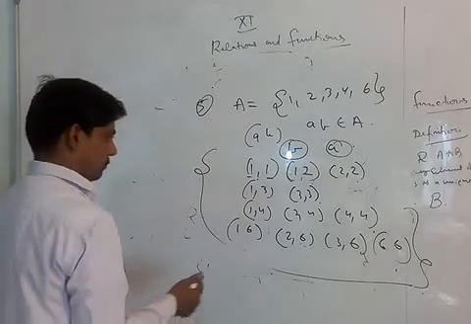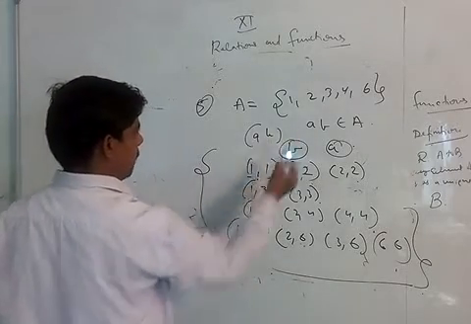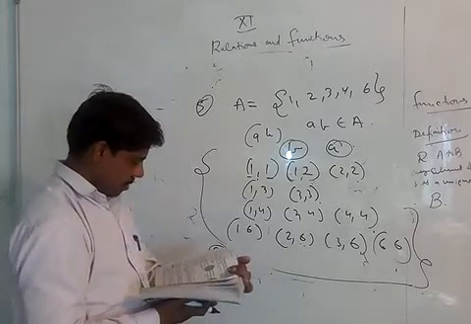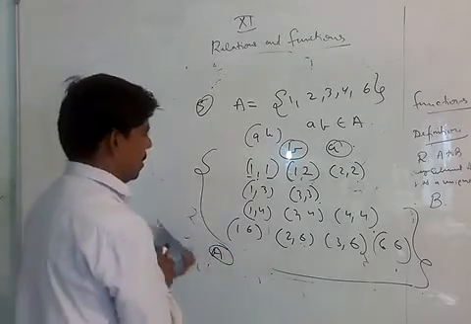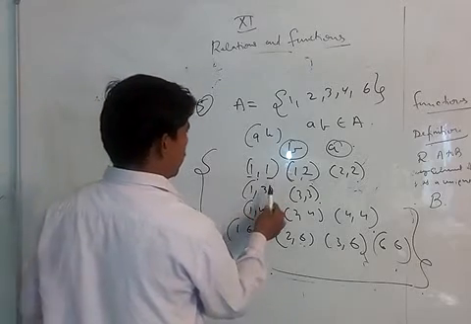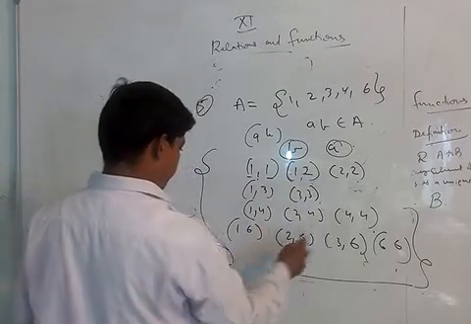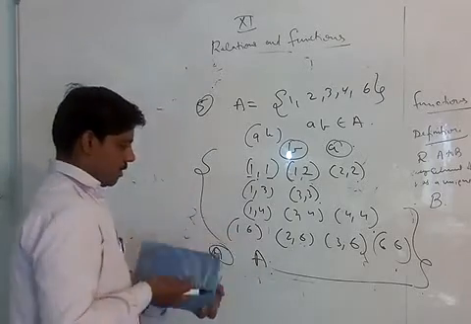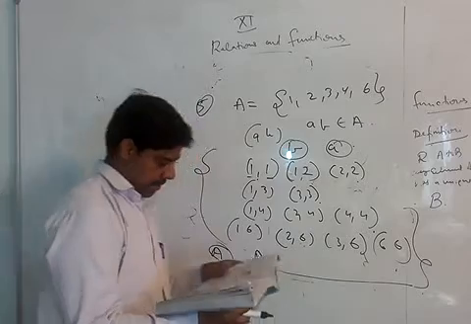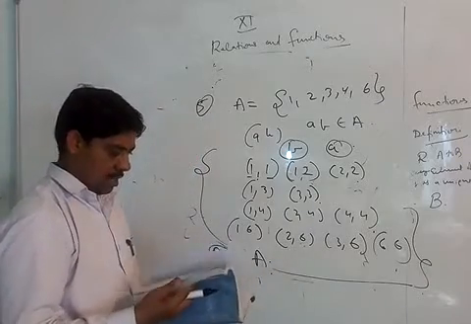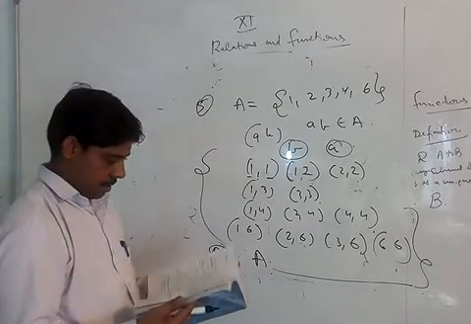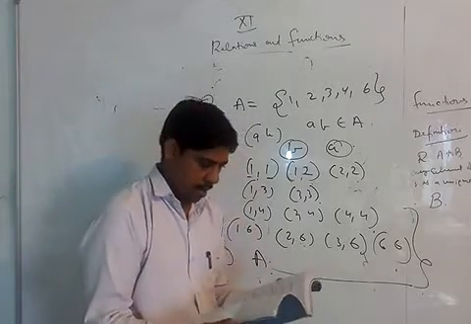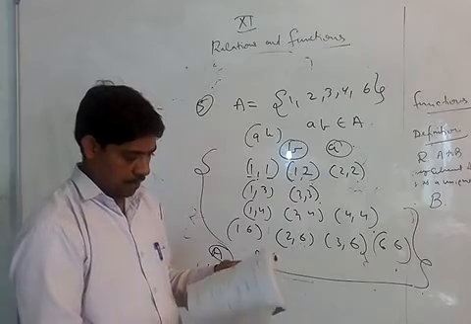Find the domain. Domain क्या है इसका? Domain में आप देख लोगे सारे आ जाएगा 1, 2, 3, 4, 6. A खुद ही होगा domain. Domain is A. What is the range? Range में भी आपके पास क्या आ रहा है? We are getting 1, 2, 3, 4, 6. Even the range is A. And codomain is also A. Domain is A, range is A, codomain is A. Right? This is a good question if you have tried this. So I'm sure you have completed this exercise 2.2. If you have any doubts, you can post them.